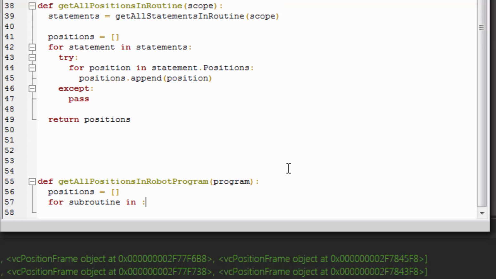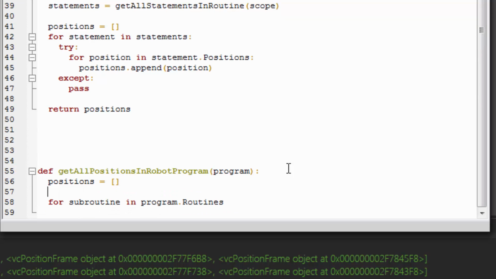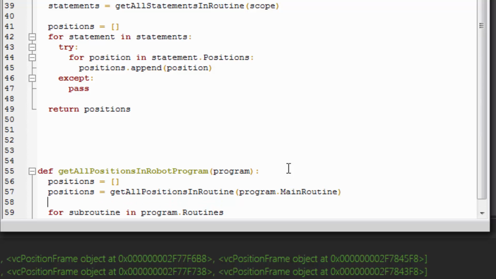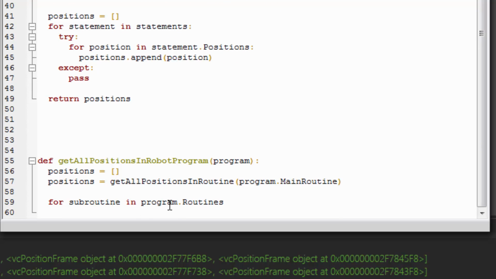So positions is an empty list, and for subroutine in program dot subroutines, or actually sorry, routines, and we should probably call our main routine first. So let's say positions equals get all positions in routine program dot main routine, and then we'll go and call each subroutine in the program.